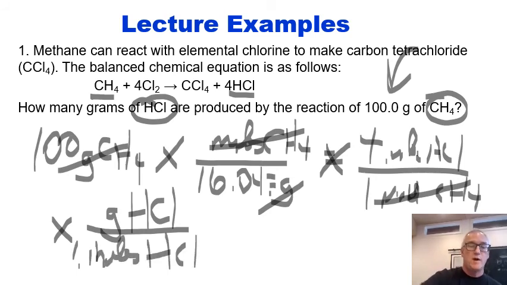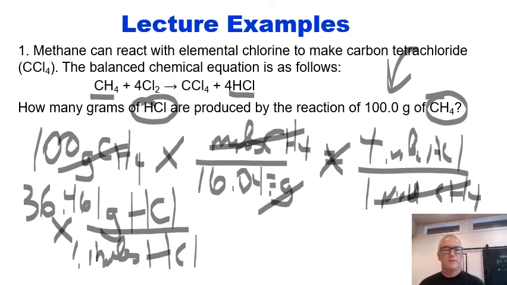So for every 1 mole of HCl, how many grams is that? Well, I look up the mass of chlorine, and I look up the mass of hydrogen. I add them together, and it turns out that it is 36.461